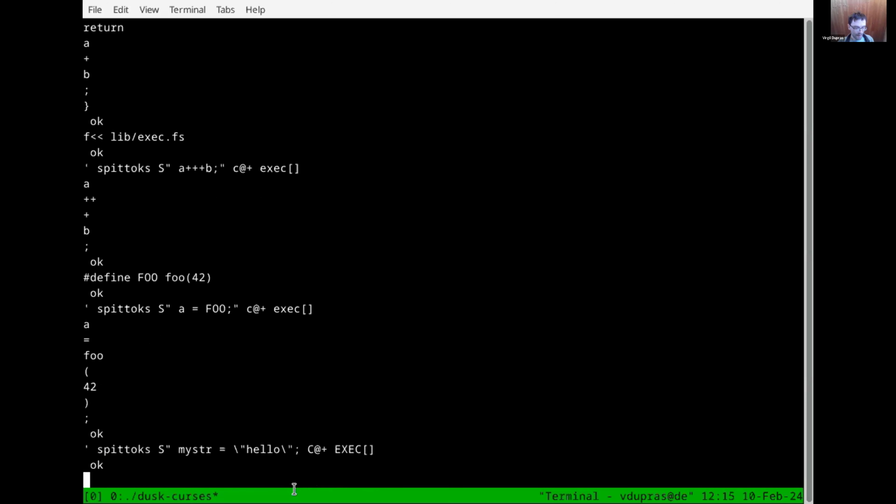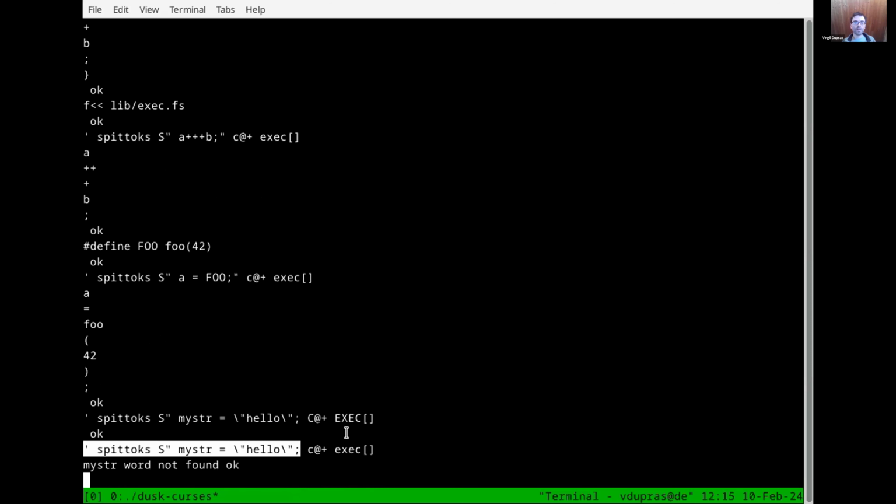Oh no, wait, I hit caps lock. But this time, because I'm in user mode Dusk, I can copy paste. Oh no, I forgot to close my string.